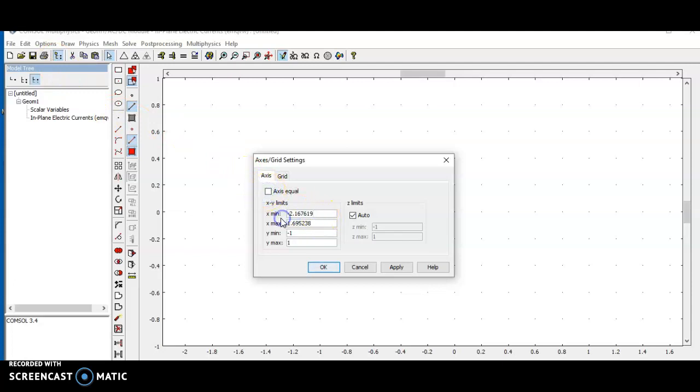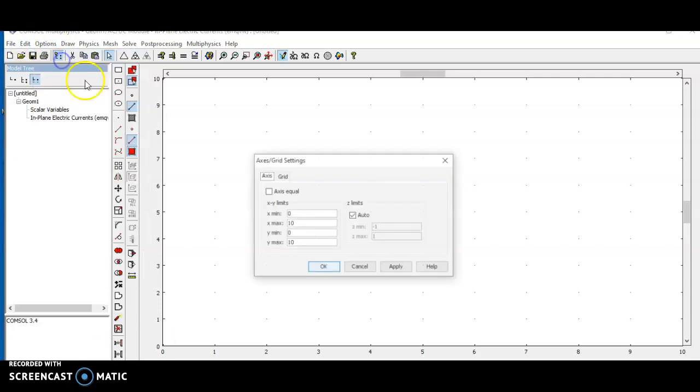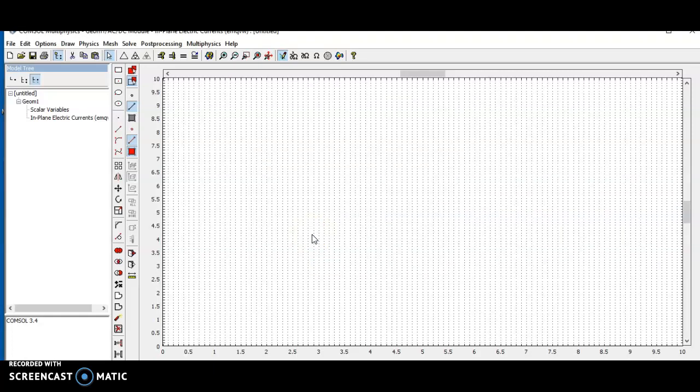So we have to choose a minimum value of 0 and maximum value of 10, and a minimum value of 0 and maximum value of 10. This is our own purpose only. We can choose as per our need, and either the x minimum value may be in the minus or the y minimum value in the minus. That is our own opinion. So here the x grid as well as y axis values may be changed. Like the same, we have to choose it as grid settings. So now the grid is also changed.